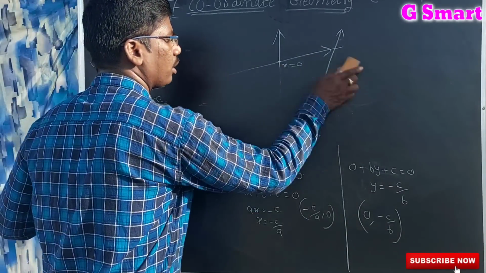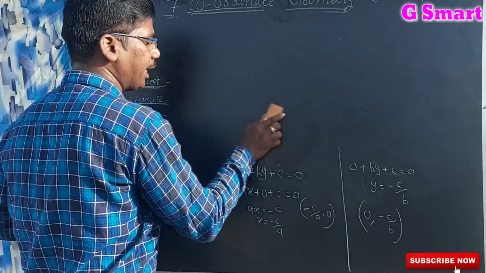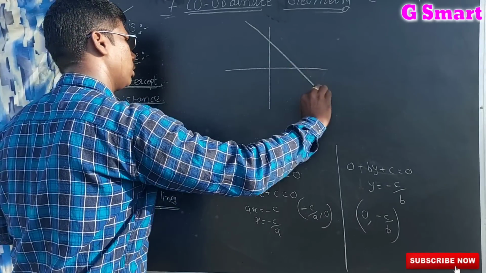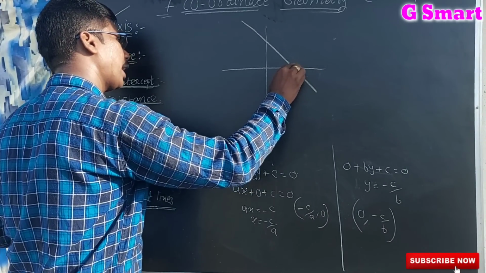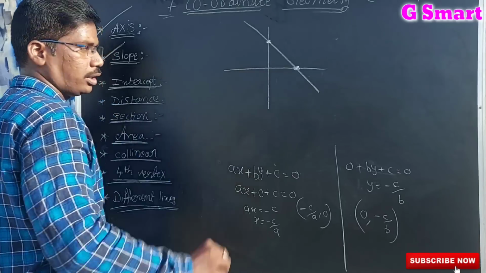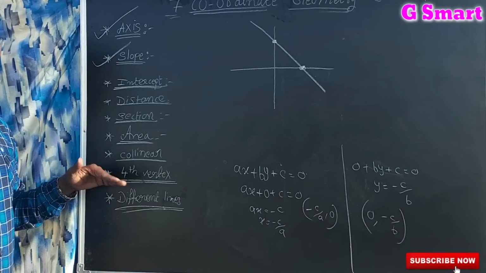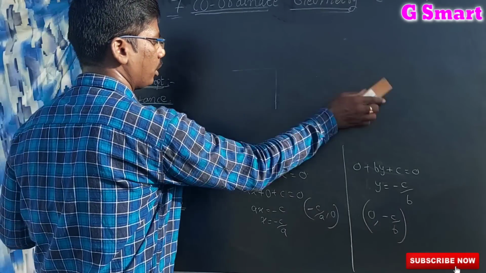We can say that intercept form means we have to take it like this. See, I am saying, this is the line which is intersecting the x-axis and intersecting the y-axis. This is the intercept form, we can say. So there are different lines, and we will discuss that one. Now,